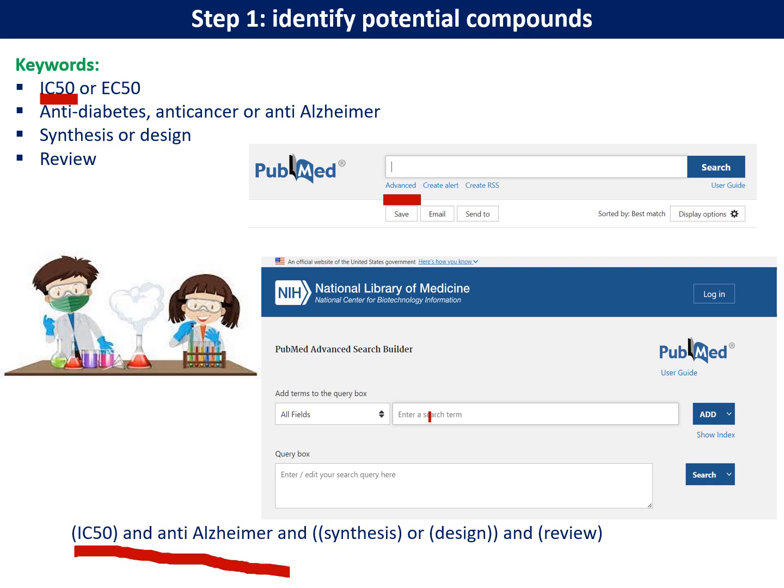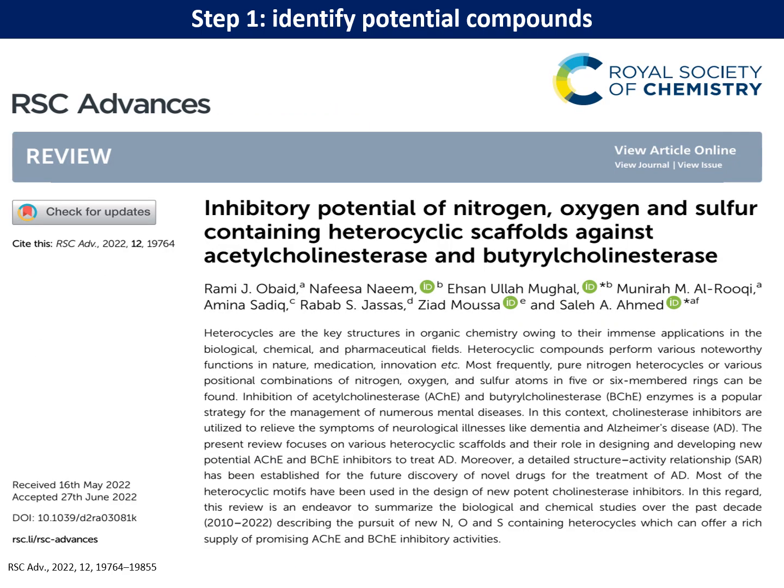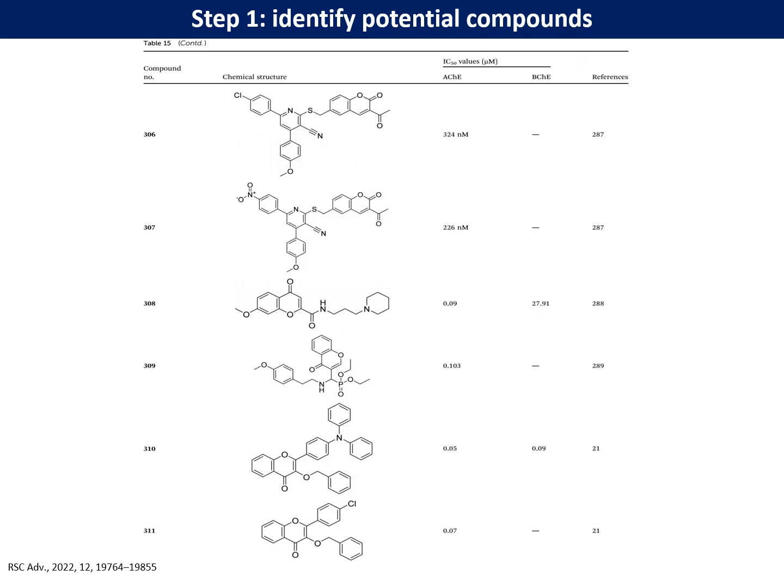Then finally I have the whole set of keywords here. After I search, I find a paper that mentions heterocyclic compounds that can act against acetylcholinesterase and butyrylcholinesterase. This is a very important enzyme for preventing Alzheimer's disease. In this paper, I found that they have around 311 compounds that belong to the heterocyclic compounds,